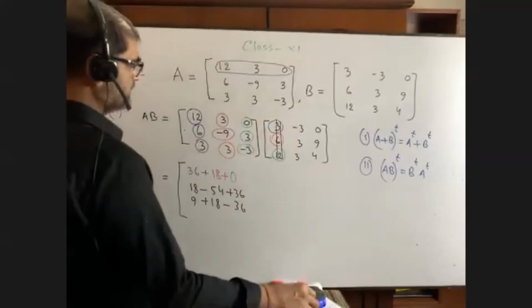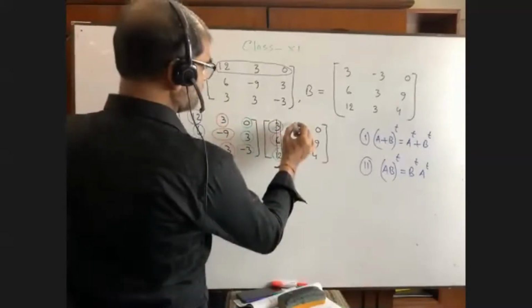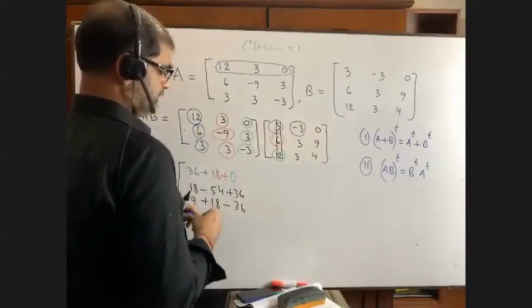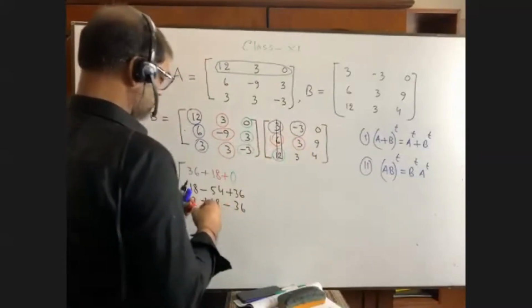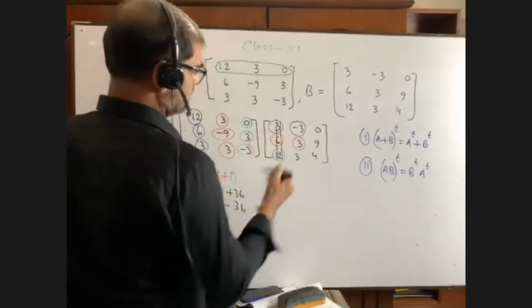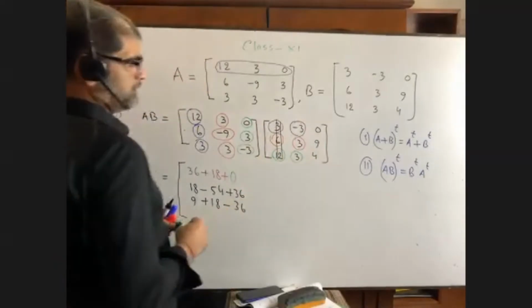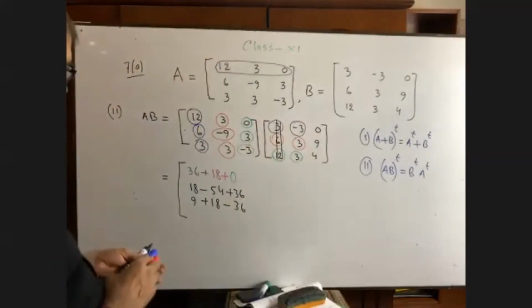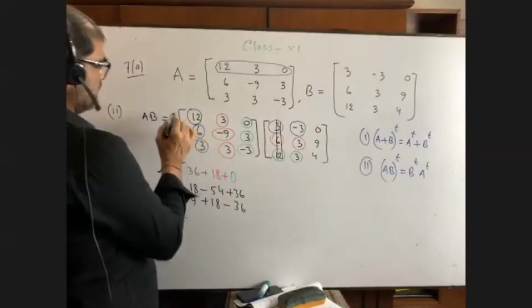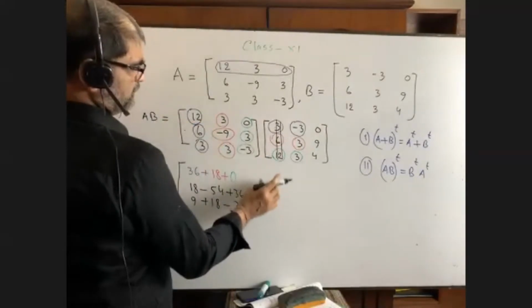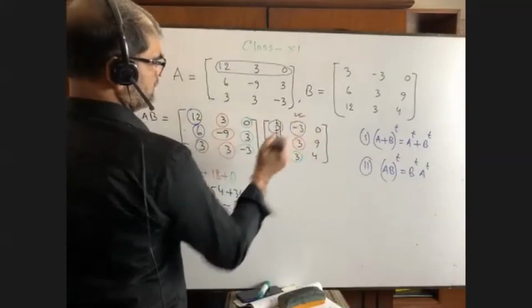Now what will we get? We'll get now in the same way this minus 3. We'll get in the same way this 3. We will get in the same way now this 3. Okay. Now you calculate it. You see what will be here. First row. Now this is the second column. That is, we are going to calculate this one.